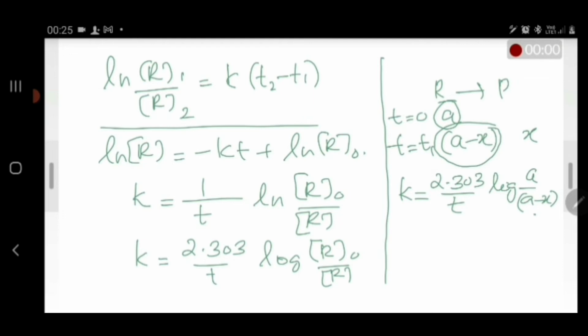So if they are asking you to write down the integrated rate equation for the first order reaction, you can write down this equation or any version of this equation, that will do the needful. If they ask you to derive the integrated rate equation for first order, this much is enough, and you have to plot that graph also. And here also you can plot a graph for the integrated rate equation. That is, this is the last equation. So you can write down this equation as